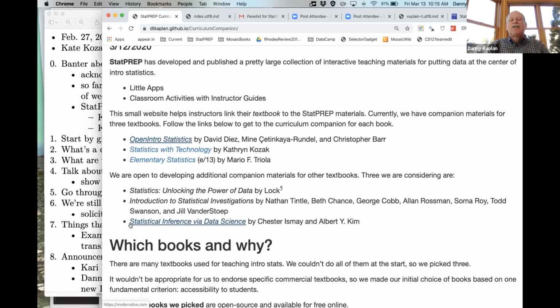Statistical Inference via Data Science starts to teach data science concepts like wrangling and visualization, and then introduces statistics in a very coherent manner through the mechanism of linear modeling. I think it's a really nice book, but it would be unfamiliar to most of our people. So we decided Triola, even though it's not for free, would be a better choice for this initial set